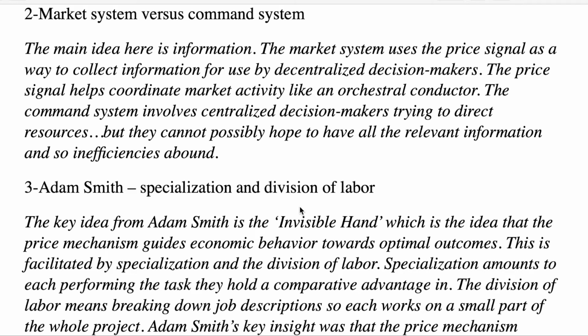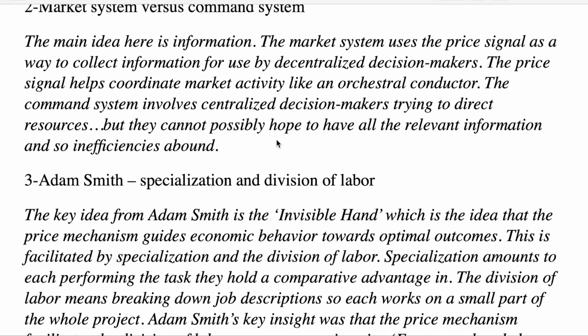It's kind of like in an orchestra, the conductor that all the different sections and instruments are looking at. The command system is where the government or a centralized decision maker would make all the decisions, and there's a lot of inefficiency there because they cannot hope to have all the relevant information. So there's going to be all kinds of problems where the central planner in a command economy is going to say who is producing or who gets what. And the problem is, overall, this leads to a situation where resources are not put to their highest valued use because that information is not available to the central planner.